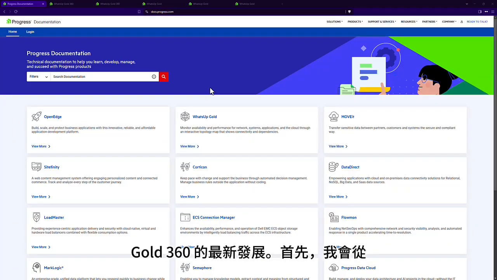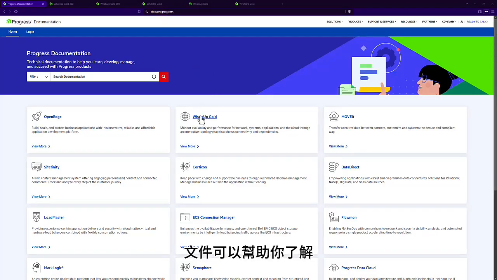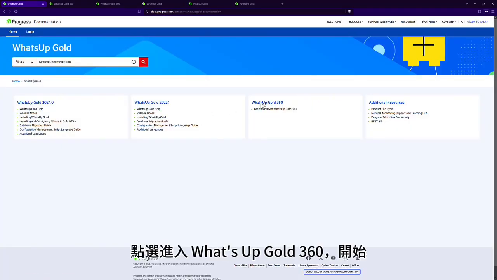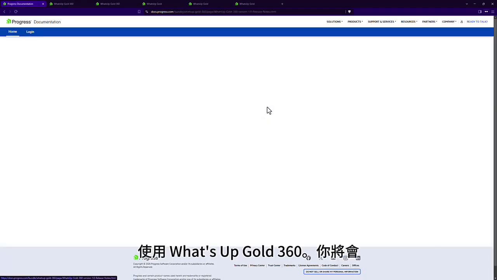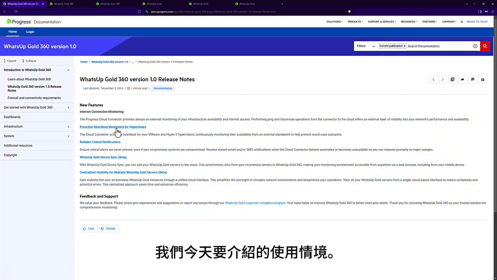So I'm starting on docs.progress.com where the documentation is to walk you through some of these use cases here. On the What's Up Gold tile, I'm going to go over to What's Up Gold 360, get started with What's Up Gold 360, and you'll see right here the use cases we're going to be talking about